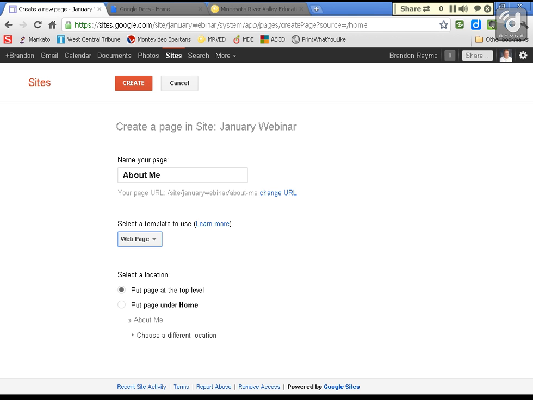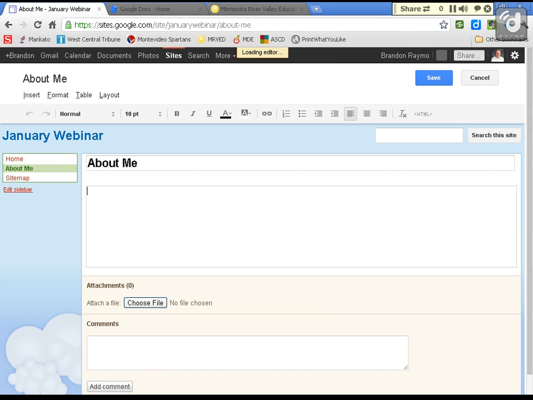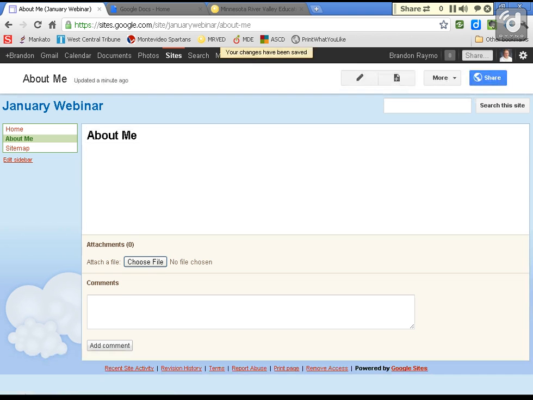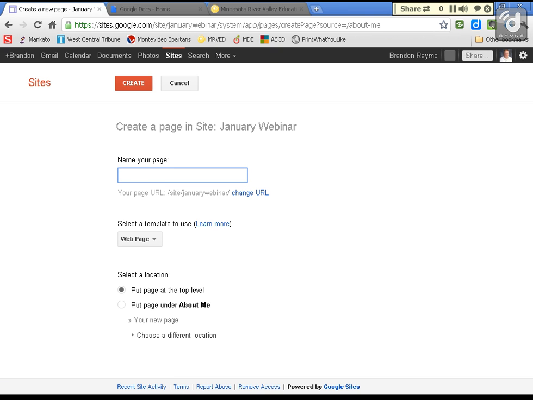Now, if I want to put it at top level, what this will do, and I'll do it to show you, is actually create a page equal to my top level pages. So I hit create, and now the About Me is equal to home. If I were to put that under home, this will actually be indented a little bit and categorized under home. And where that comes in handy is if we go to create another page here,